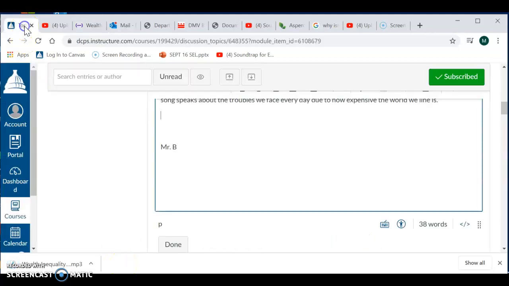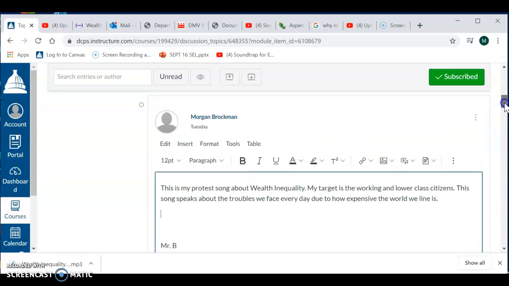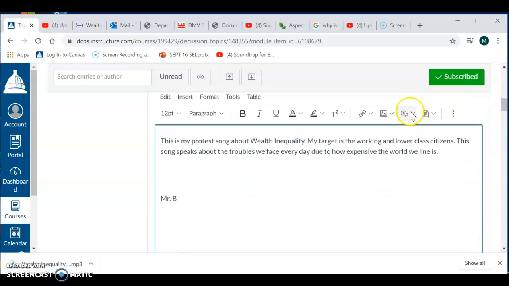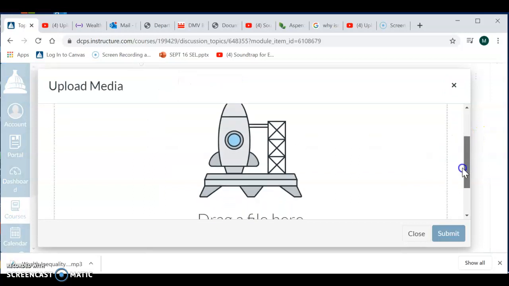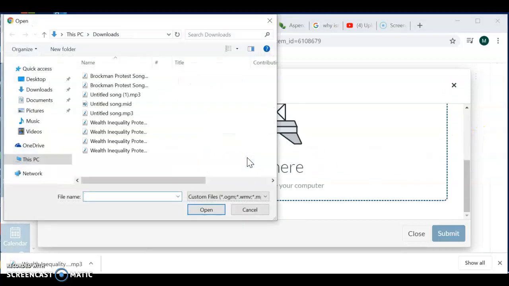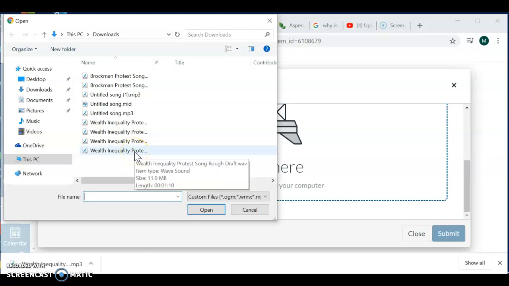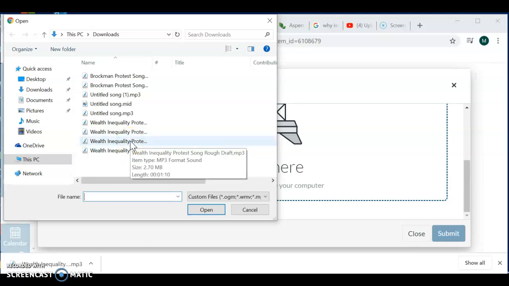From there, you're going to go back into your post, and I already have mine open. You're going to click on that download or upload button again, and it should be in your recent downloads. Now make sure to check that it says this. See, that one's a WAV file, so that one's not going to work. That's an MP3. I'm going to click on that one, open it up,